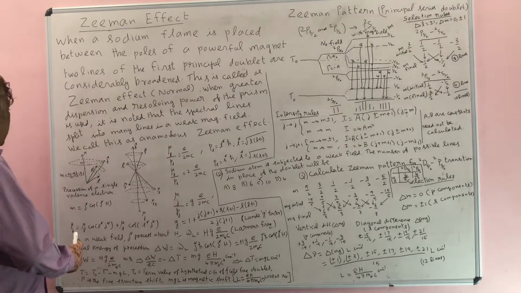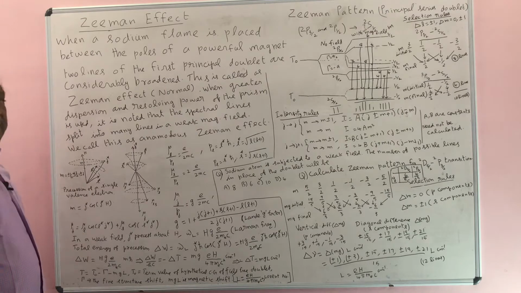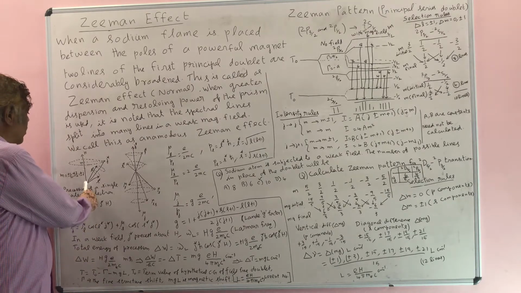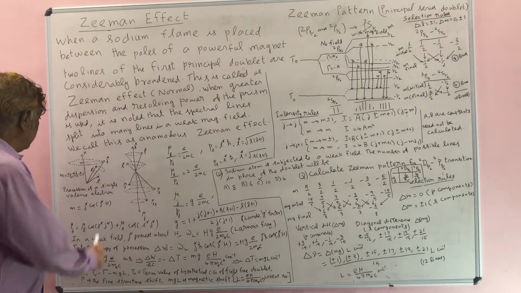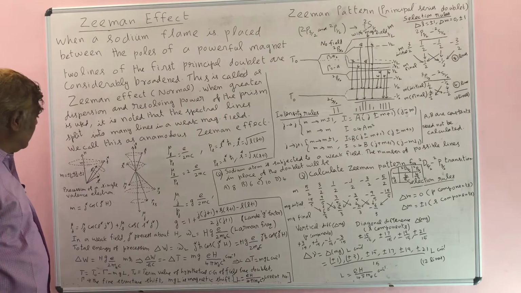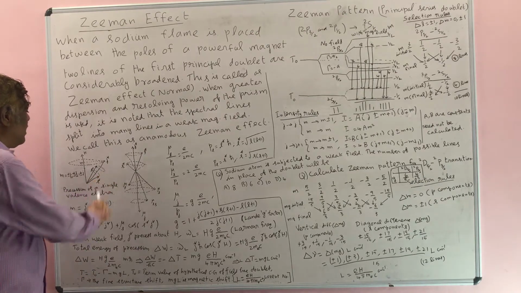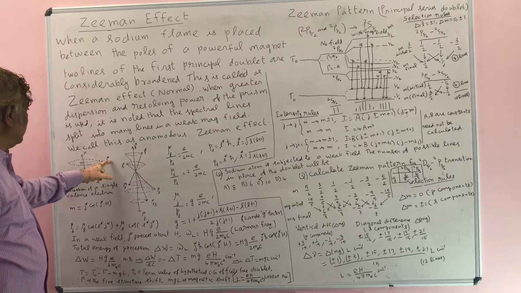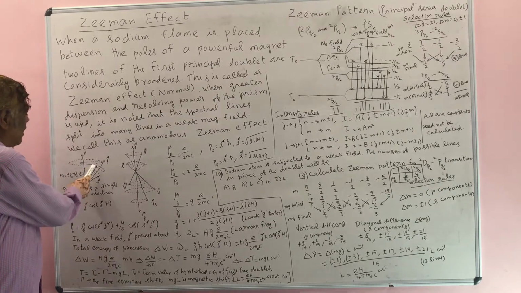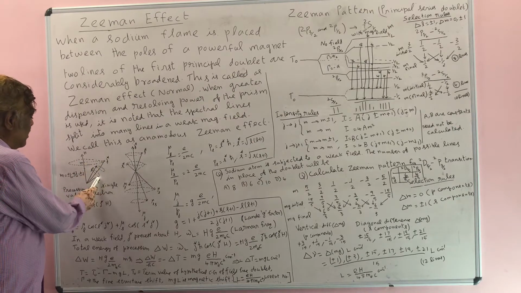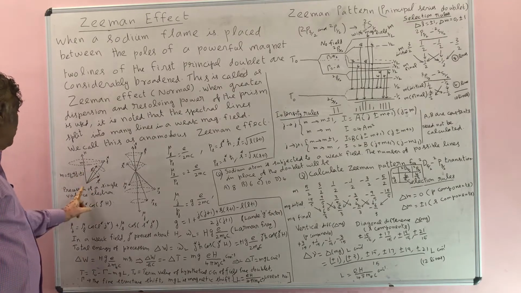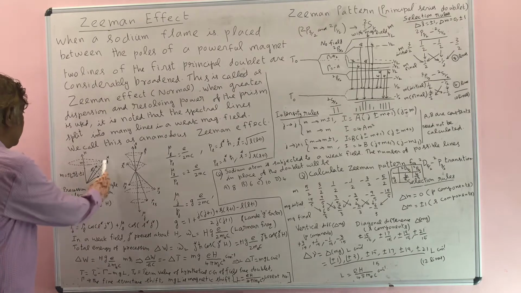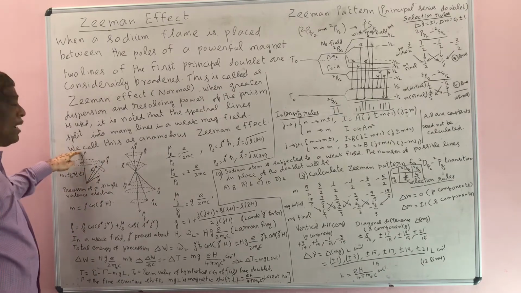Now, let us consider the precession of a single valence electron. You take an electron; L* is the orbital angular momentum, S* corresponds to the spin, and J* is the resultant. L* precesses about J*. S* also precesses about the resultant J*. Once we apply a magnetic field, J* precesses about H.